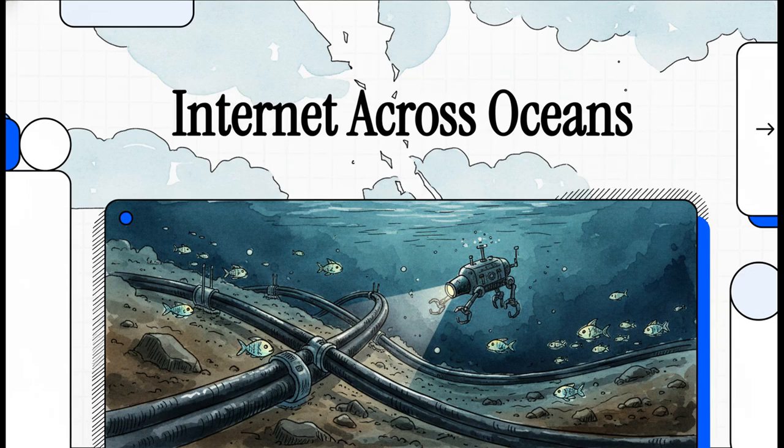So let's completely shatter a massive illusion today. Every single day we tap our screens, we send emails, and we stream our favorite shows, kind of just assuming our data is seamlessly bouncing around off invisible satellites up in orbit, right? Well, in this explainer, we're going to dig into the fascinating, gritty reality of how our global communications network actually functions. It's honestly a brilliant story of incredible engineering that takes place completely out of our sight.